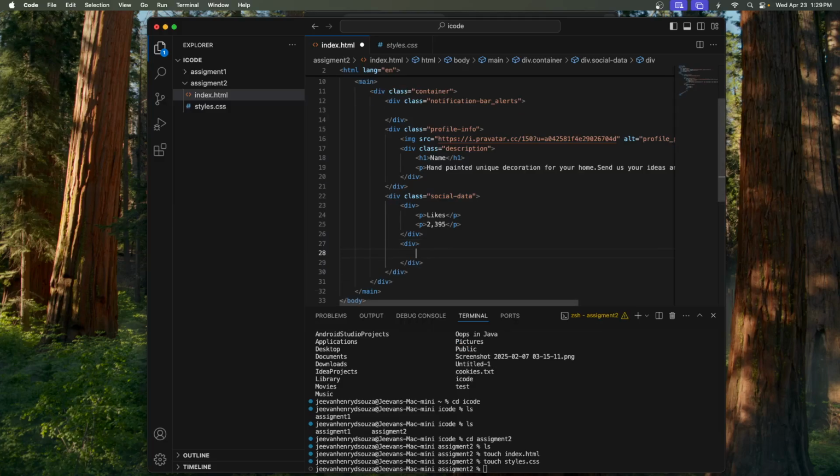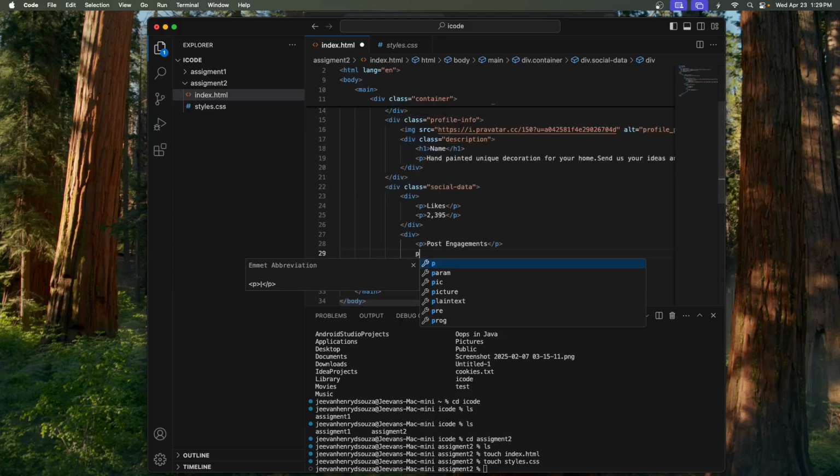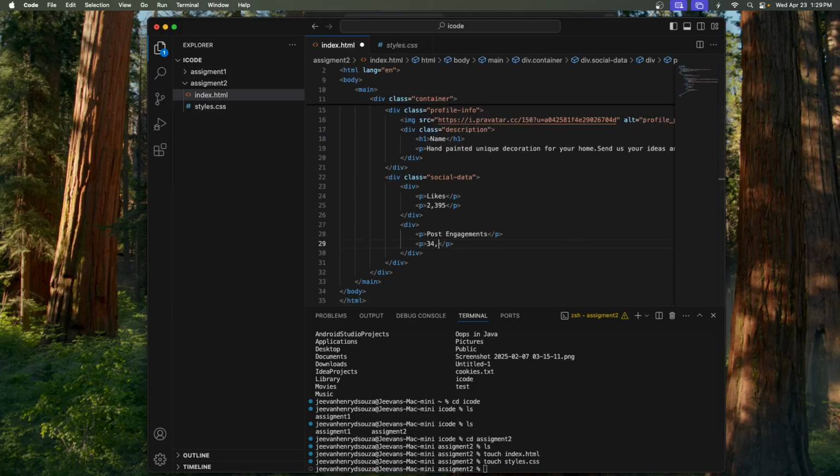So in that div you are going to have post engagements, and then you have another p. In that you can add number is 034. Okay, now let's get another div. Now once that is done,